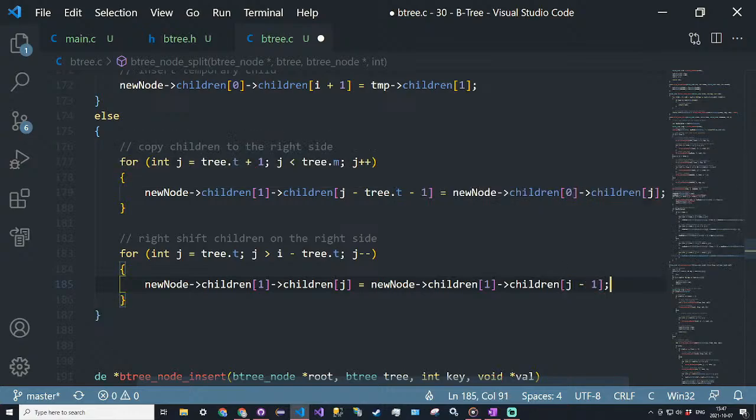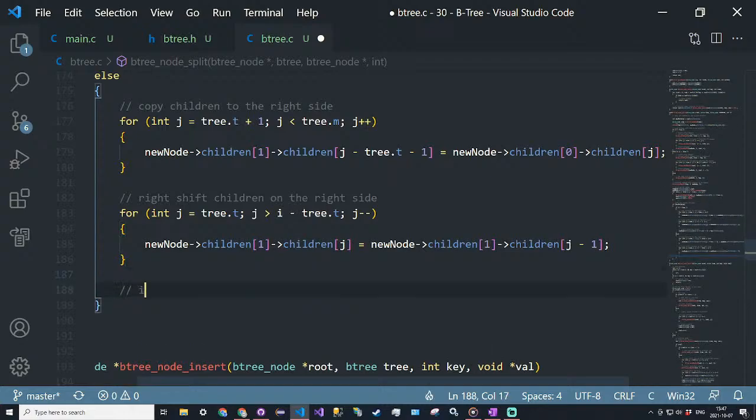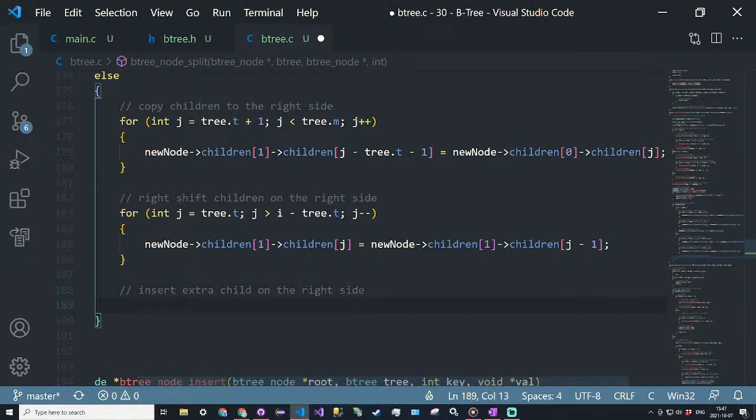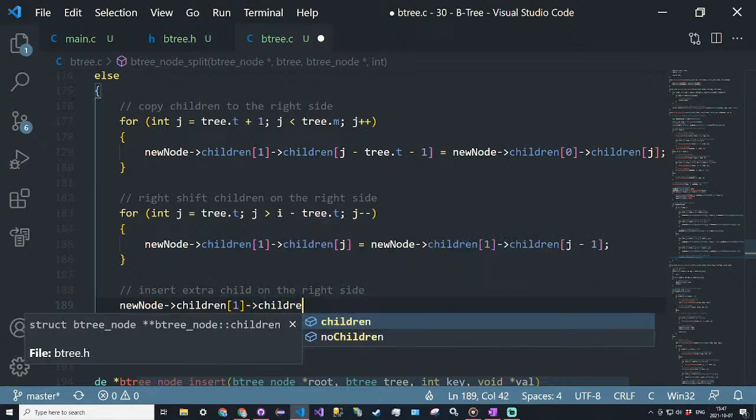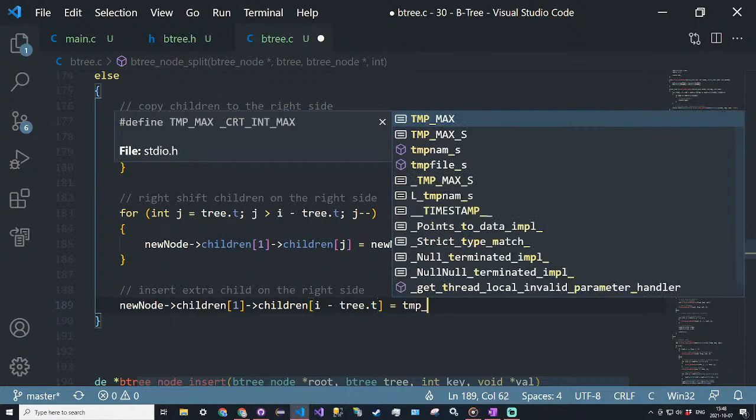That's just the right shift. And then we're going to insert the extra child on the right side. So new node dot children at 1 dot children at i minus tree dot t is equal to tmp dot children at